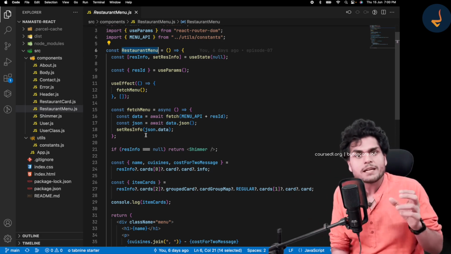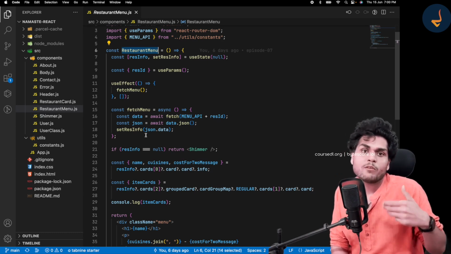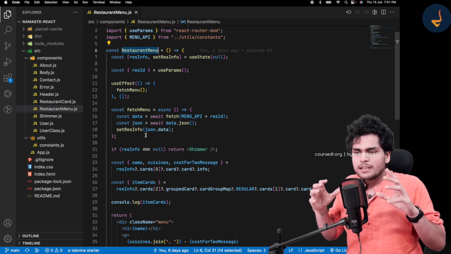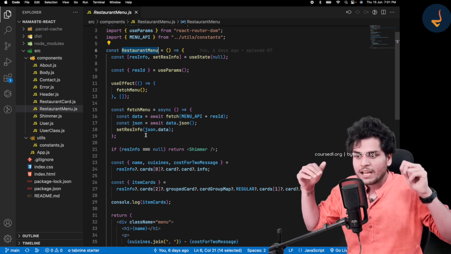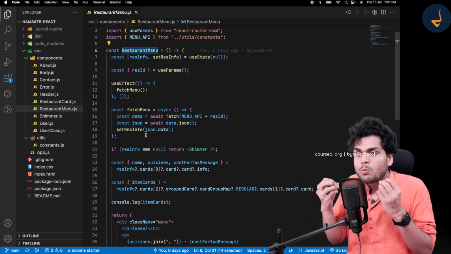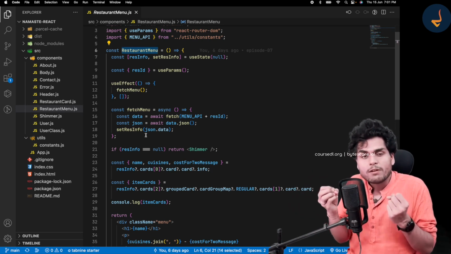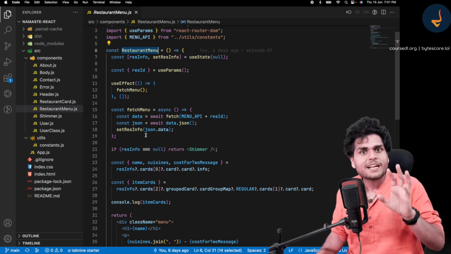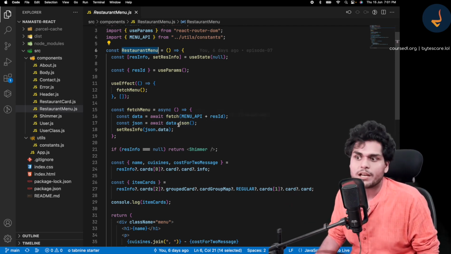So first of all, let me tell you why I need to create a custom hook over here, or why I chose it as an engineer. See, let me tell you one important thing: creating a custom hook is not a mandatory thing. But it's a very good thing, because that will make your code more readable, that will make your code more modular, that will make your code more reusable. Okay, so that is the use of creating custom hooks, and let me just show you why we need a custom hook over here. Right?